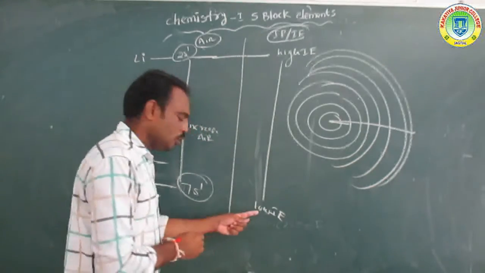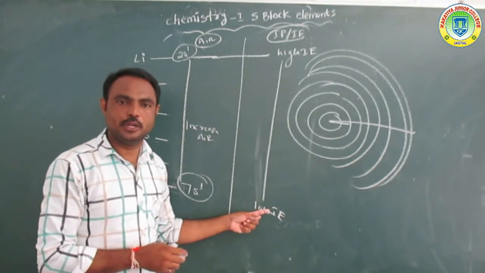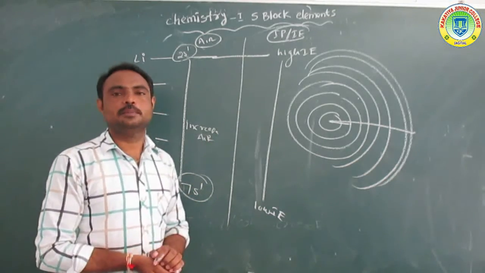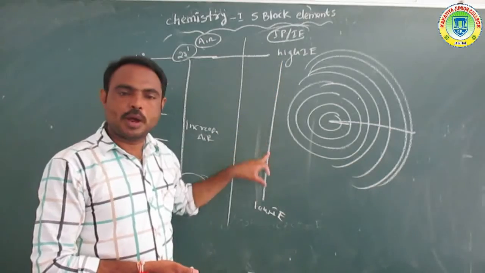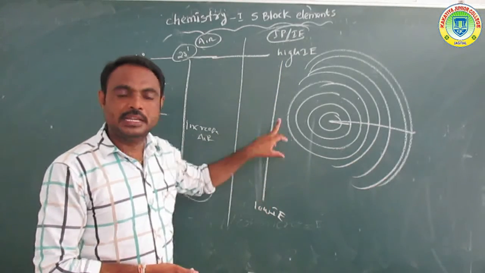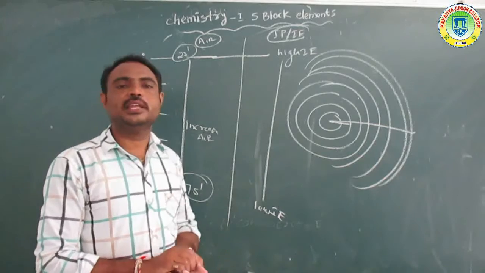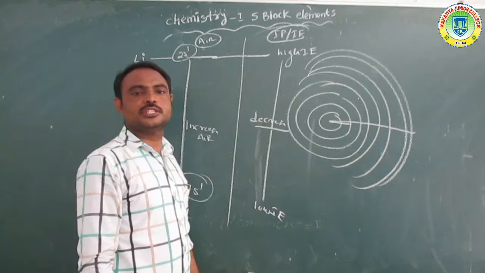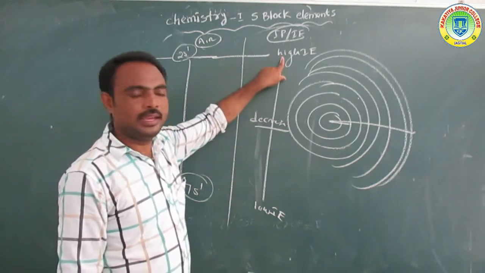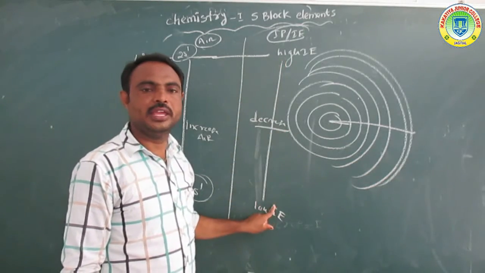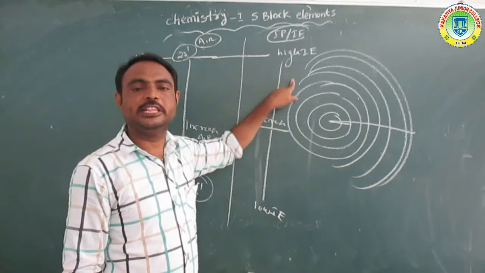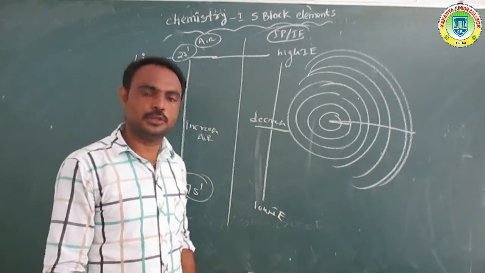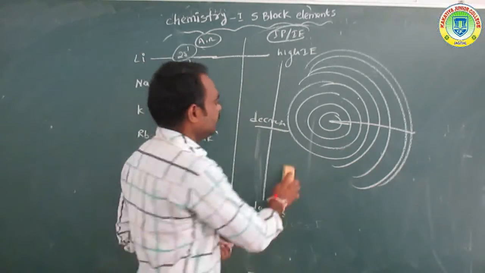So very low ionization enthalpy value, which element? Francium. So what is the concept? From top to bottom in this group, the ionization enthalpy values decrease. Very high for lithium, very low for francium. From lithium to francium, the ionization enthalpy values decrease. Okay, next further,